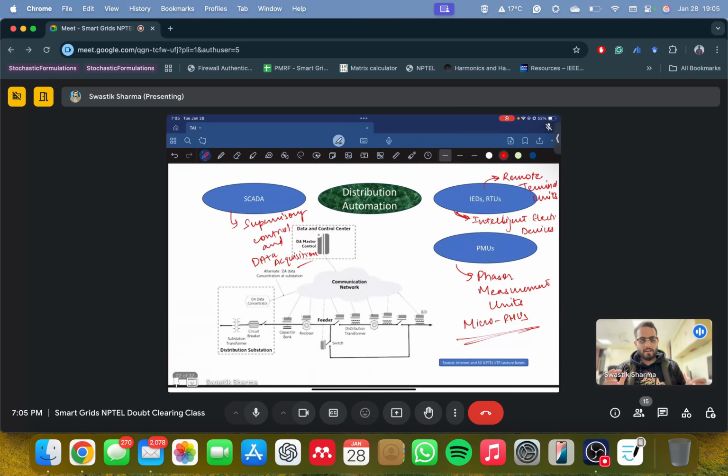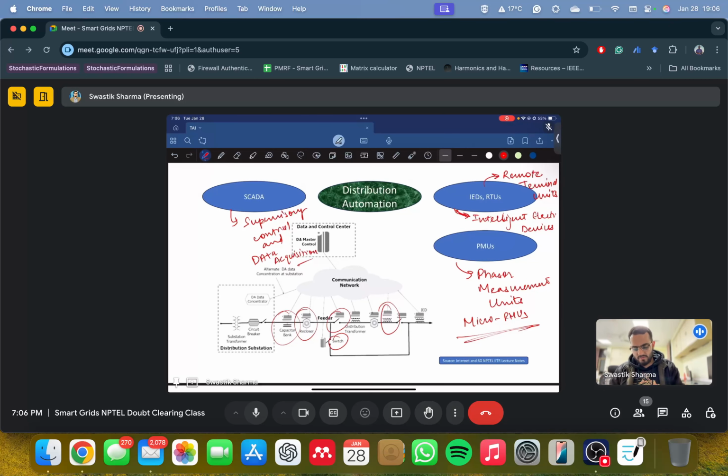So, where was I? Whatever is meant by automation, it's just that we are adding a communication layer on top of the physical layer, right? Now all of my IEDs, which earlier were in contact through RTUs, remote terminal units, are connected to your switches, sectionalizers, reclosers, capacitor banks, transformers, main switches, circuit breakers, everything. These are now in cahoots with each other using a communication network.